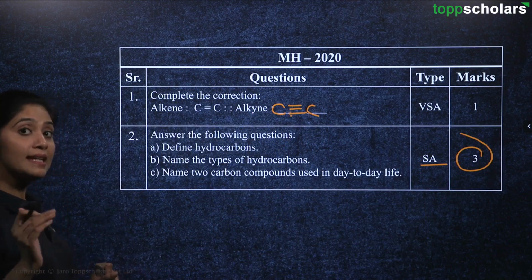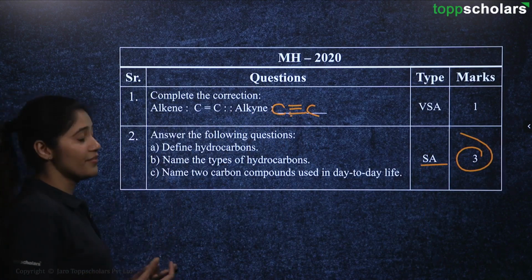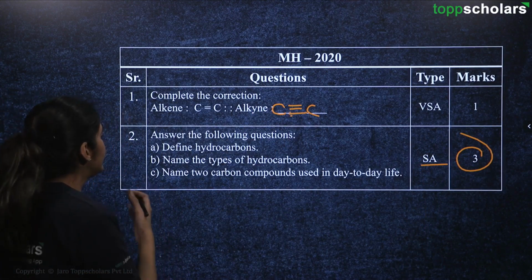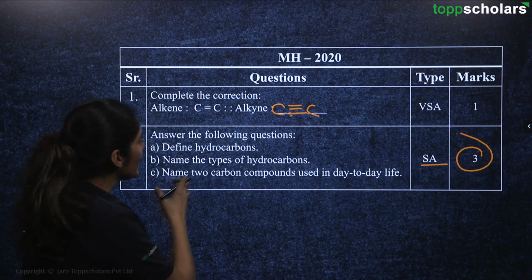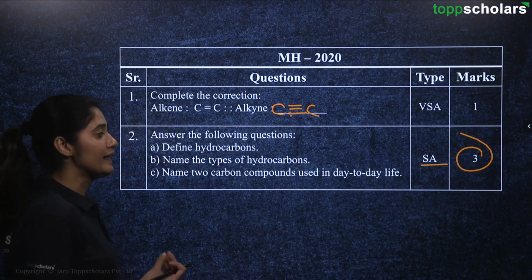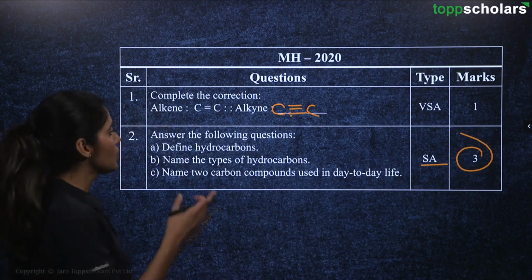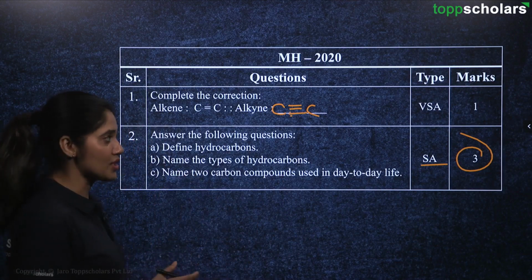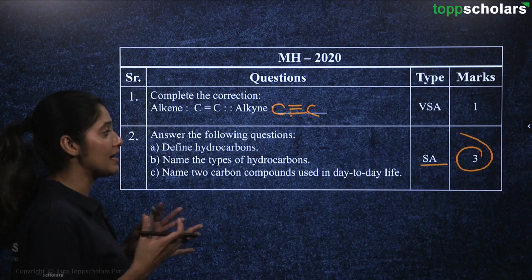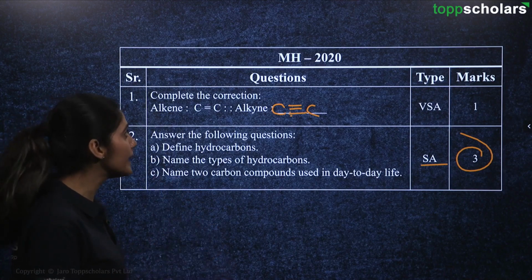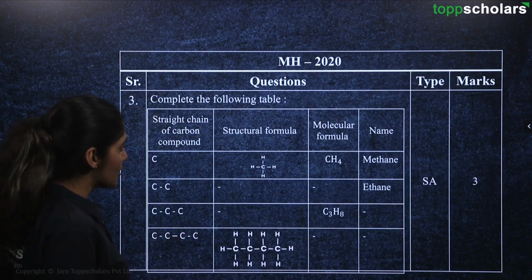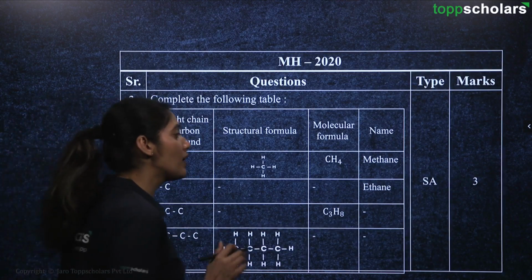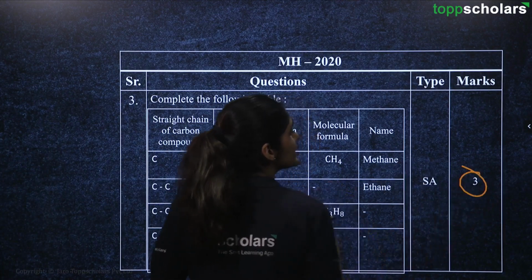Now, it has 3 sub questions. First is define hydrocarbons. Second is name the types of hydrocarbons. And C, name 2 carbon compounds used in daily life. Okay, so again we will be answering this question. It's a 3 mark question. We will be answering this question in proper detail. Let's move on to the next question, which is also a short answer type question, and this is kind of